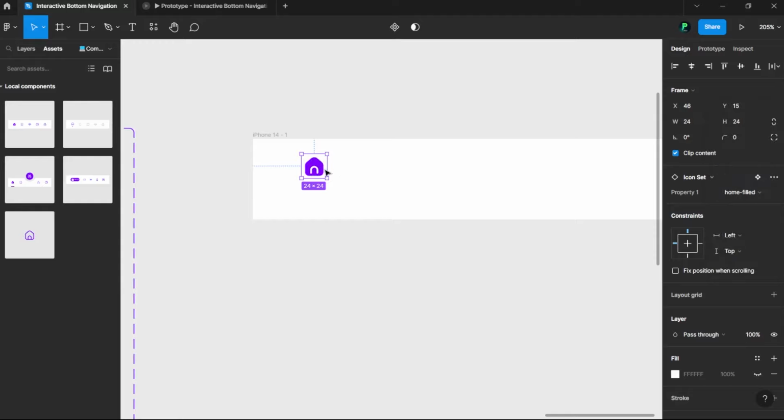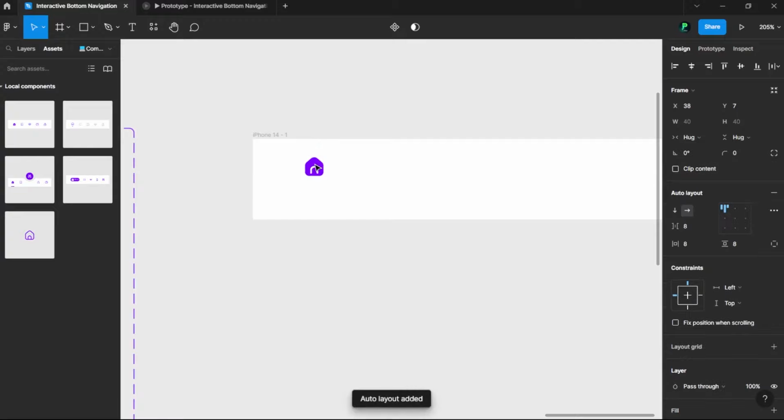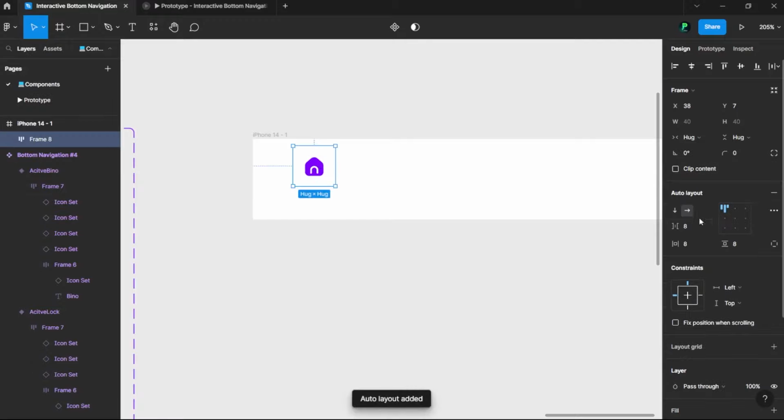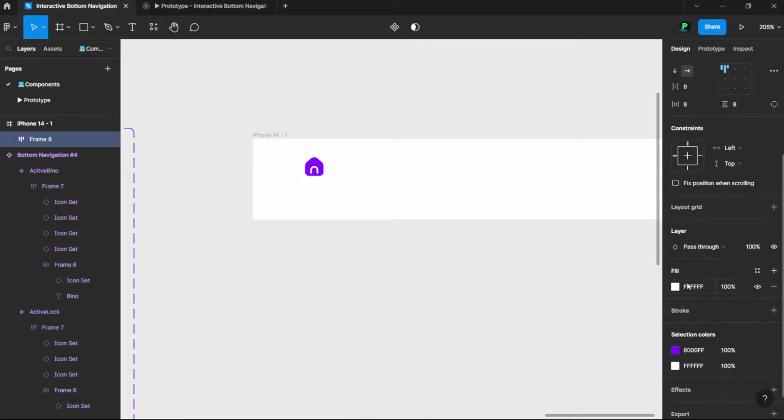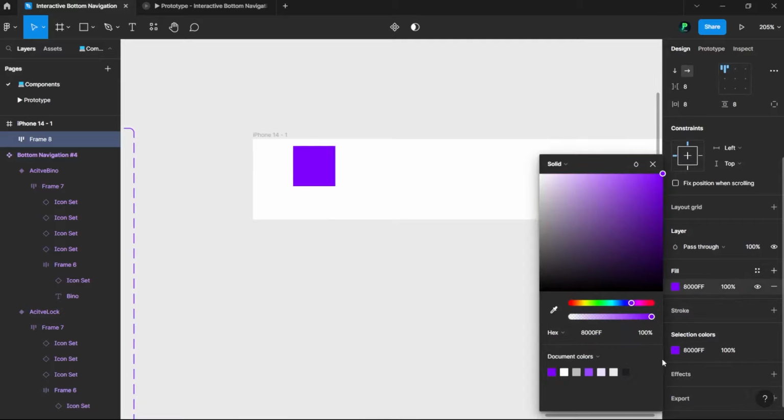And now let's auto layout this first, and now click on filled,